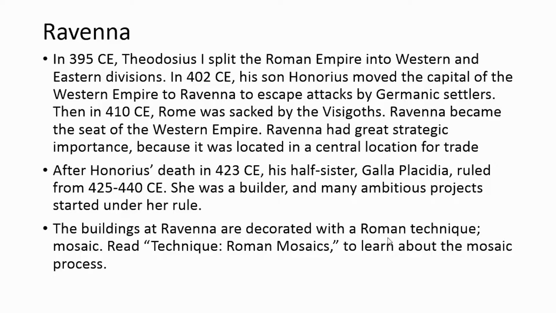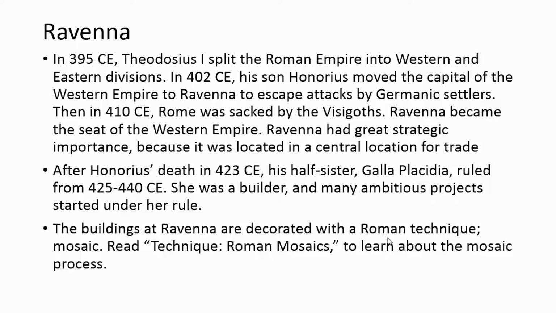And then in 410 CE, Rome is sacked by the Visigoths, and Ravenna becomes the seat of the Western Empire. And again, it's a central trade location. So Honorius dies in 423, and so his half-sister, Galla Placidia, ruled from 425-440 CE, and she's a very interesting character. She was a builder also, and many ambitious projects started under her rule. So this is just one of many projects,